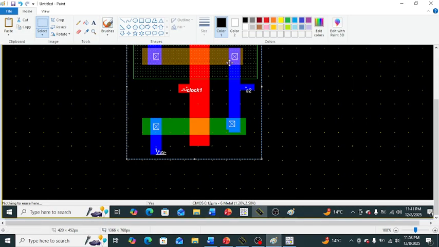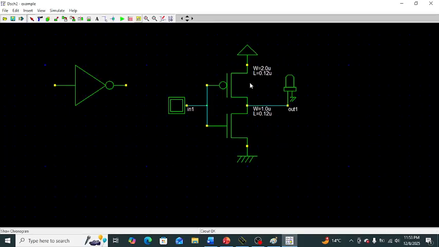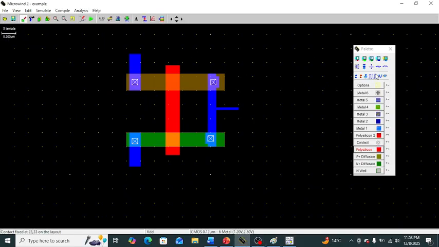Now, as shown in the schematic, this PMOS is connected to the VDD supply and NMOS is connected to the ground supply, that is, the source terminal of both NMOS and PMOS is connected to the supply rail. So in this palette box, this is the VDD supply. And for the output, this is the visible node.